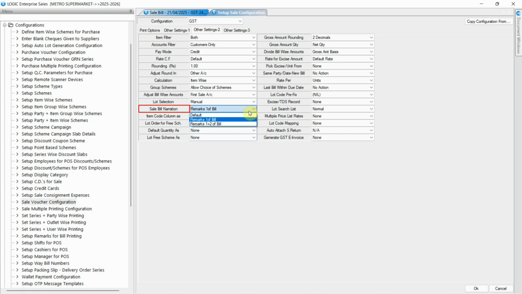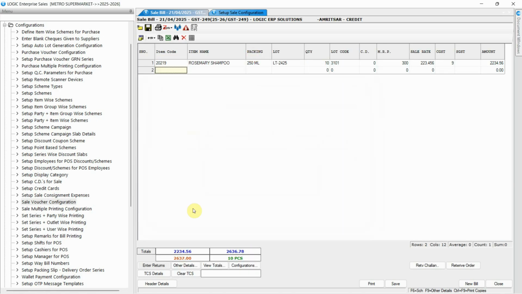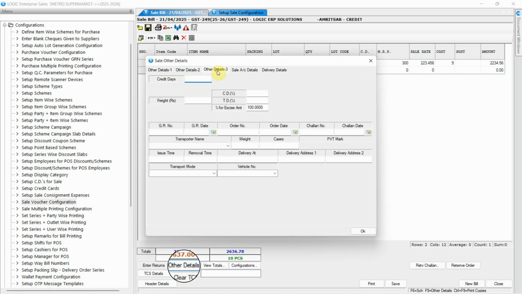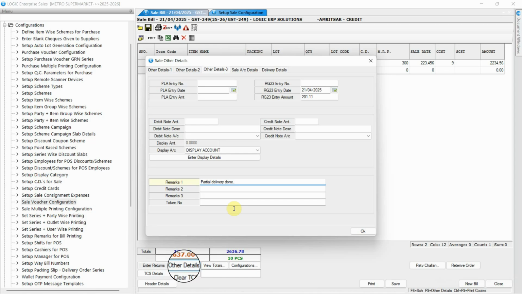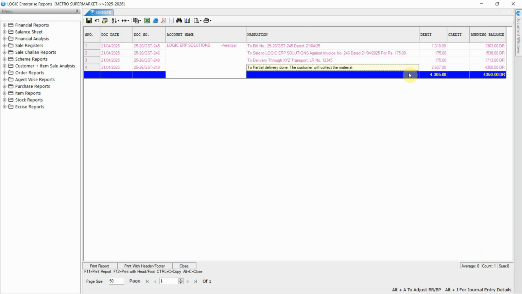Moving on to the last parameter, let's set the sale bill narration as Remarks 1 plus 2 of the bill and observe its functionality. As you can see here, the narration is generated by combining Remark 1 and Remark 2.